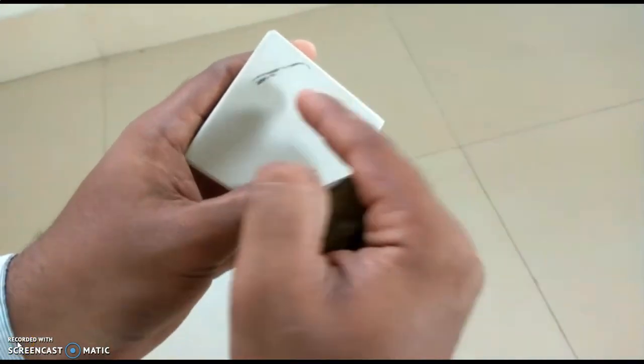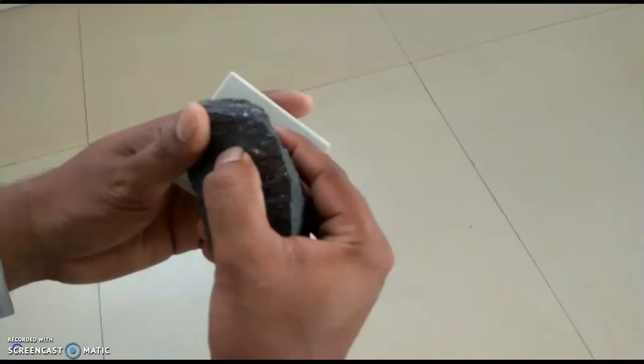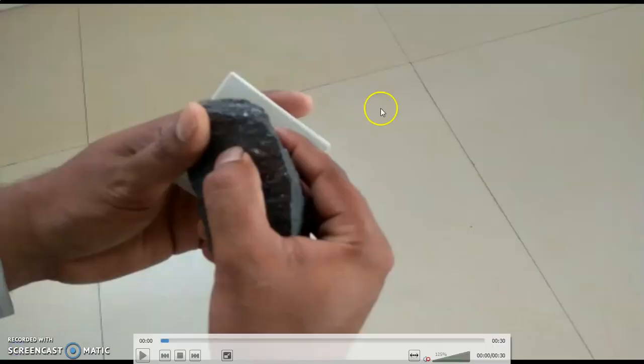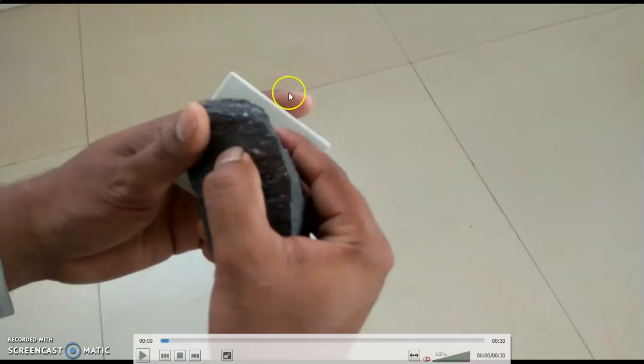It is greenish black. The original color of the mineral is golden yellow. The mineral is iron pyrite. This particular mineral is showing a grayish color, but we'll see what type of streak we can obtain.